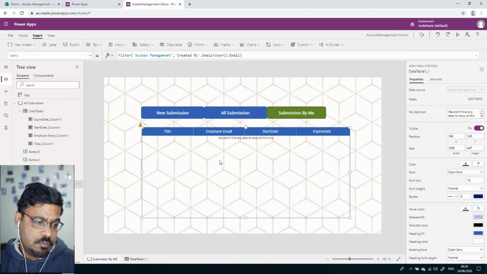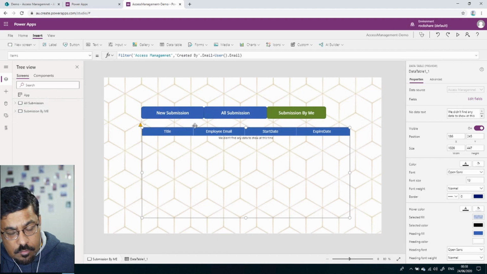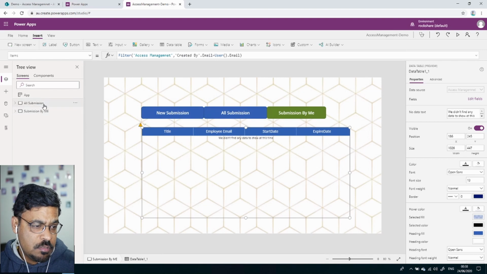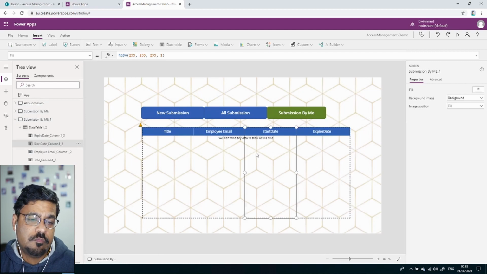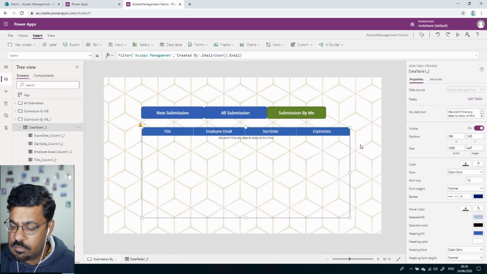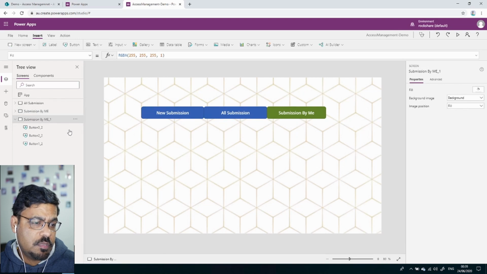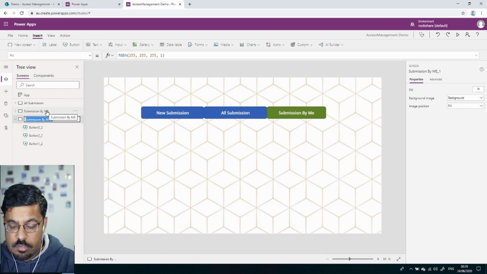Okay, now I will create a third one, and the third one would be a new submission. So let me duplicate this one, and we don't want this one, so I'll remove this one, and let me rename it new submission,